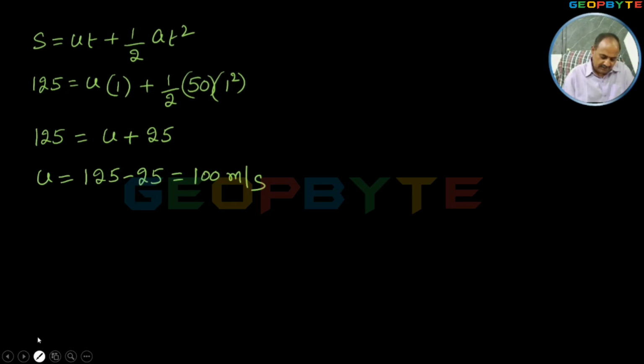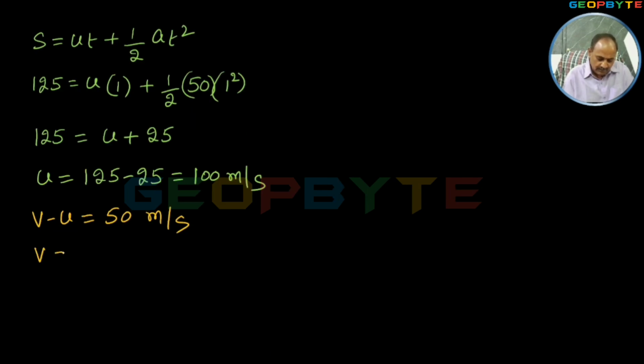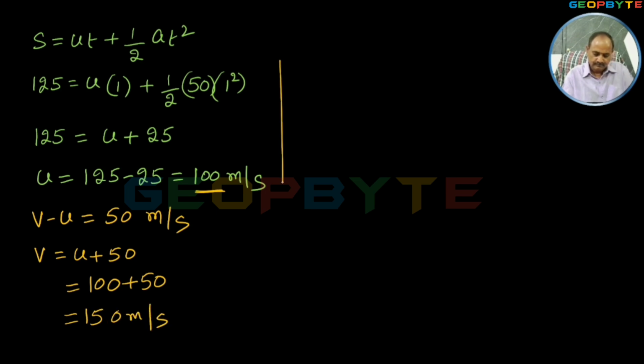Now I am deciding the final velocity. Since v minus u equal to 50 meter per second, is it correct? Yes, v minus u equal to 50 meter per second. Then v equal to u plus 50. u is how much? 100. This is the u, 100 plus 50. It is equal to 150 meter per second. That's the final velocity. Okay. Now